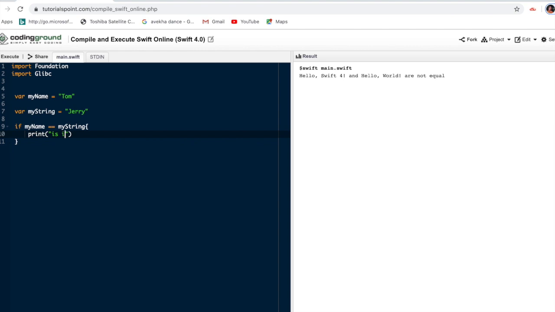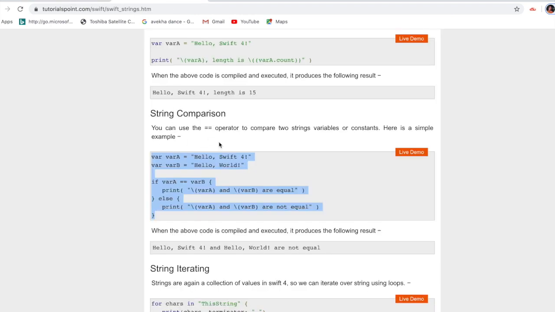Else print it is not. So according to this, what should become is it is not. If I give Tom here, it should become it is same. So this is the way of writing string comparison.